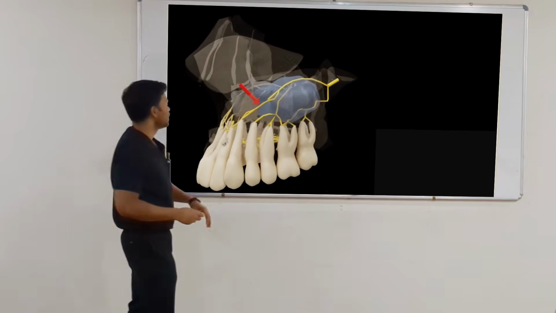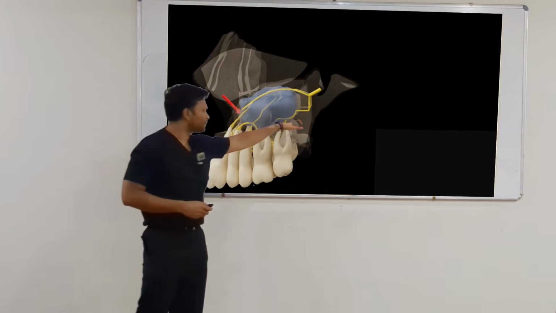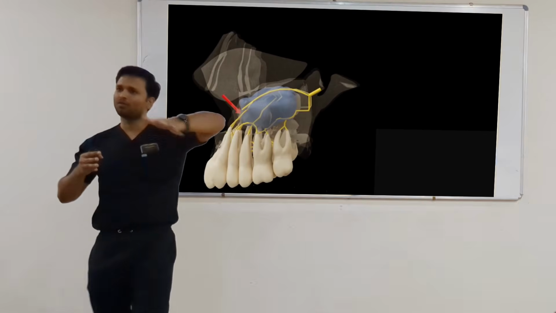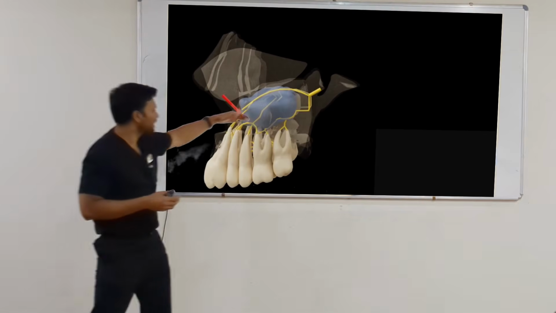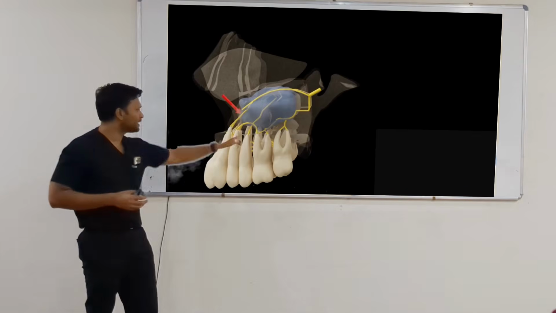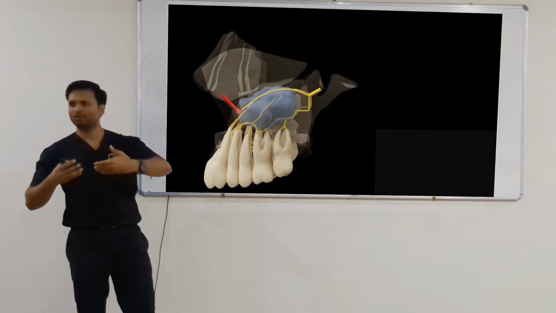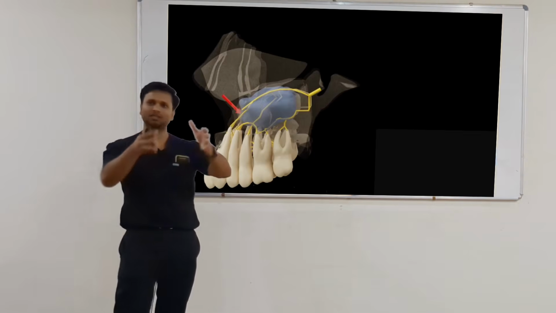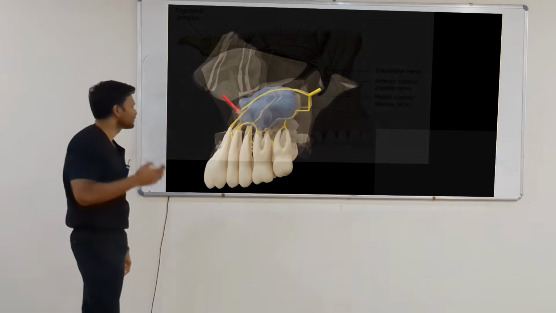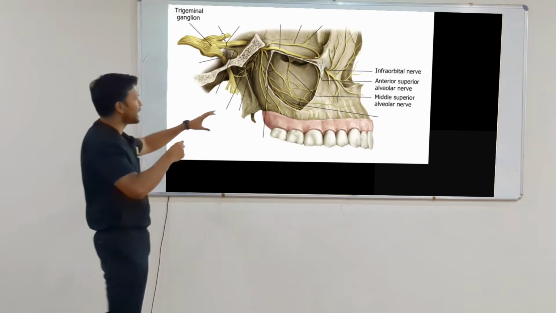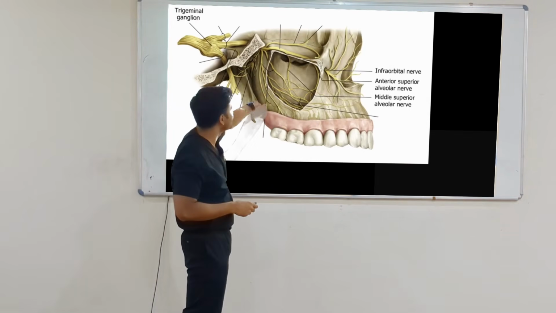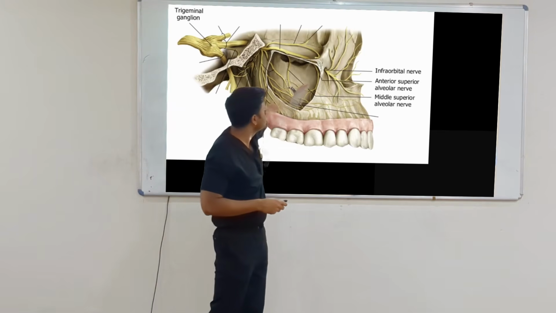Okay. So remember this. PSA travels the posterior wall of the maxillary sinus, MSA travels the medial wall of the maxillary sinus, and ASA travels the anterior wall of the maxillary sinus, as the name suggests. उस हिसाब से उनका ट्रैवलिंग पाथ है. ओके, एंड इफ यू सी द डायग्राम्स इन योर टेक्स्ट बुक्स ऐसा रहता है. दिस इज द PSA, this is the MSA, and this is the ASA.